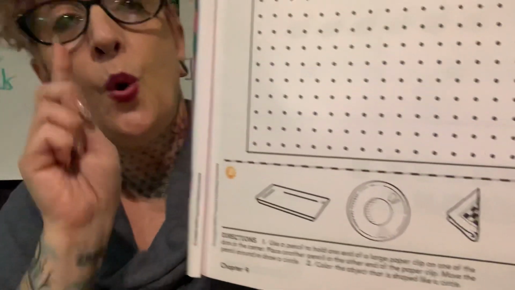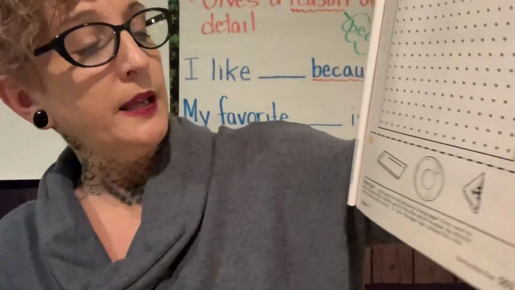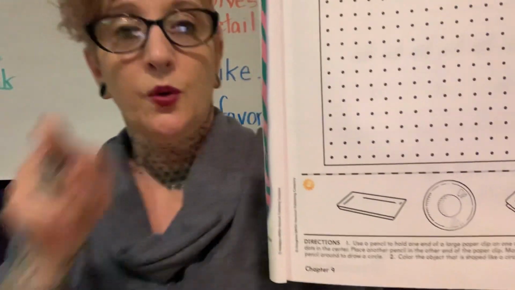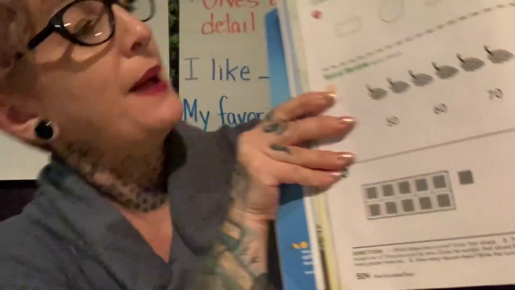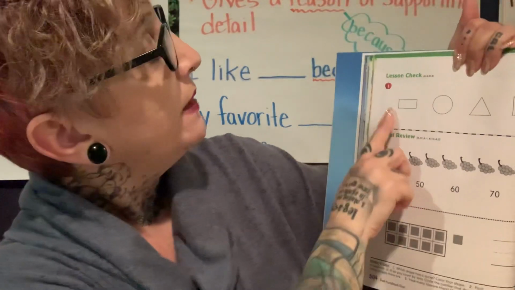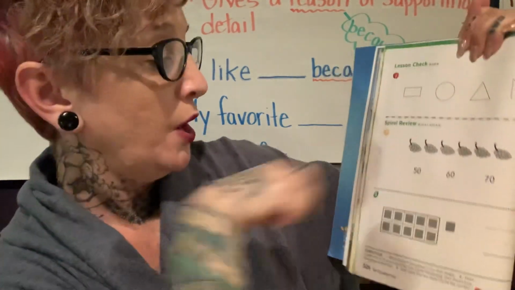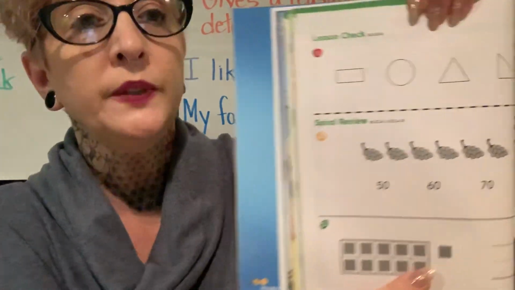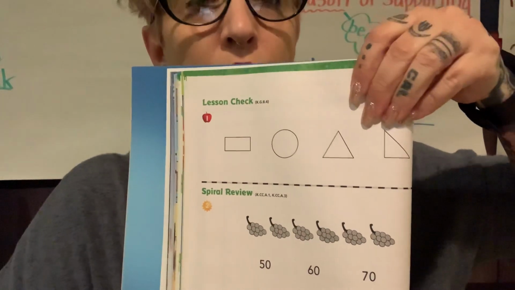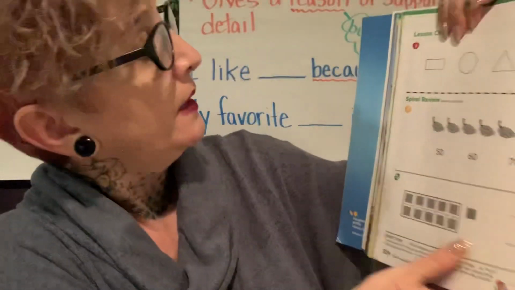So you color only the one that is a circle or has a curve. But there's more. If you do this as your homework, there's a back to it, okay? The back is a review. Number 1, which shape has a curve? You would color only the shape that has a curve to it. Number 2,